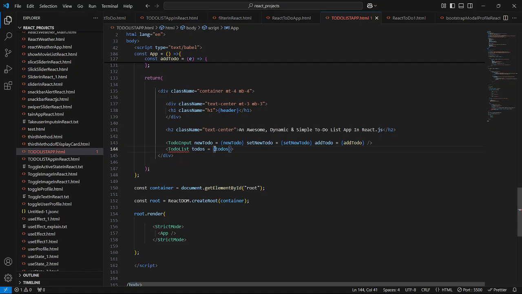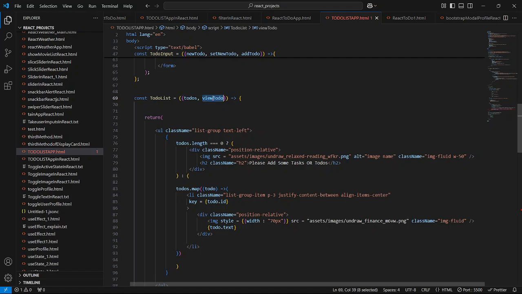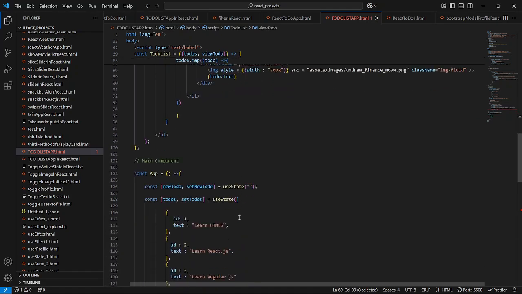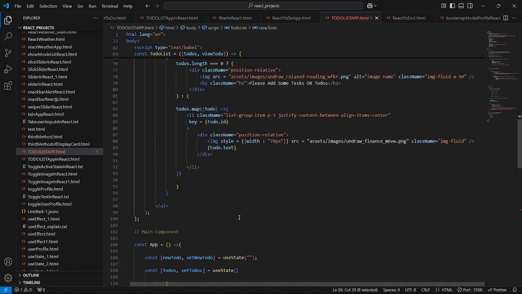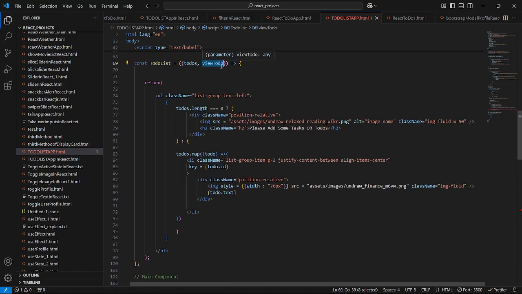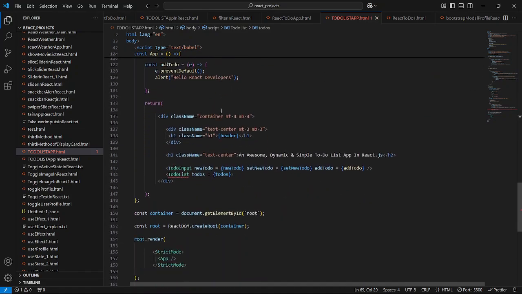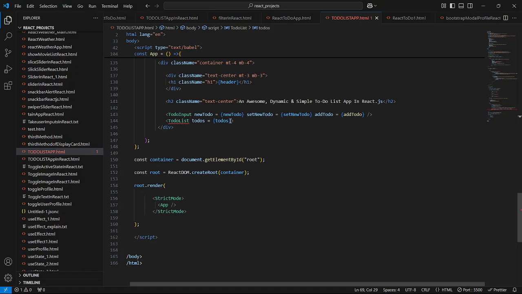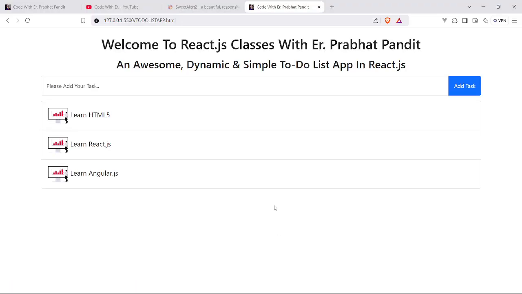And just copy this view to do, and as of now just remove this props. Later on we will give it, it is a required props, so later on we will give it. So just close this, save your file, and go to the browser and just see, boom guys,